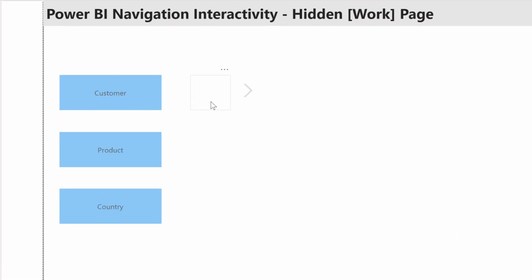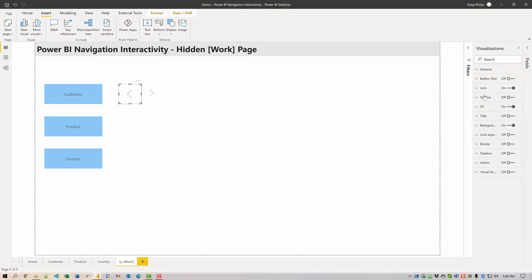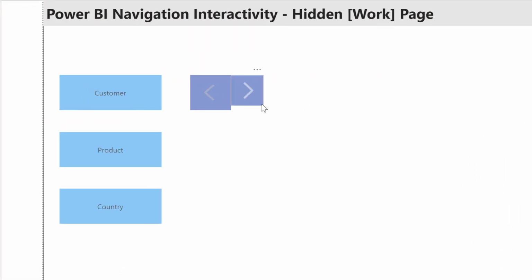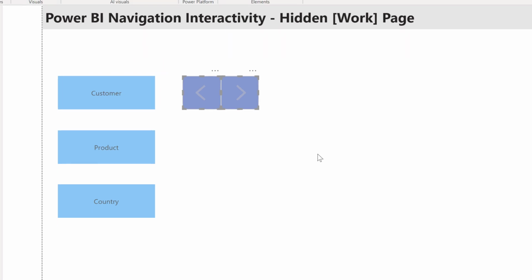So now I have buttons that change. I think you can't see them on here. Let's just put a background on them so that they're easier to see. And I can make them the same size too. So now you can see that the buttons appear to bounce a little bit as they're moving from one to the other. So once again, I can copy these